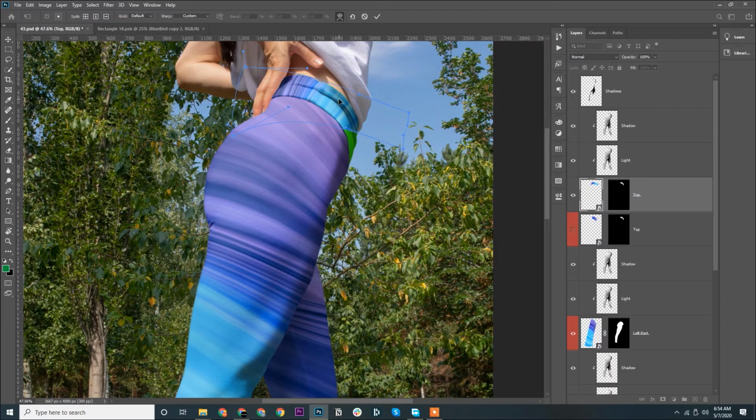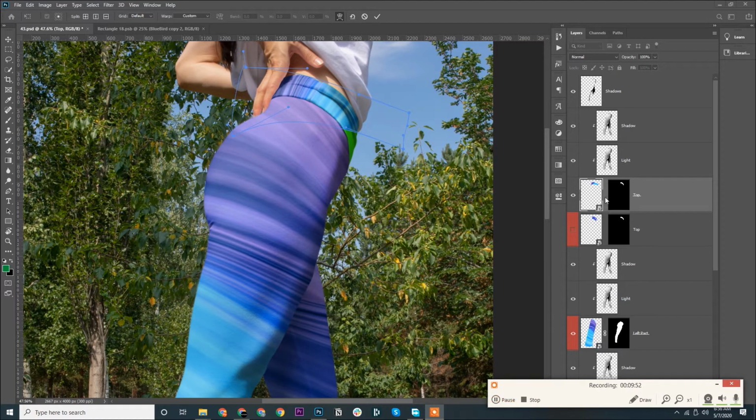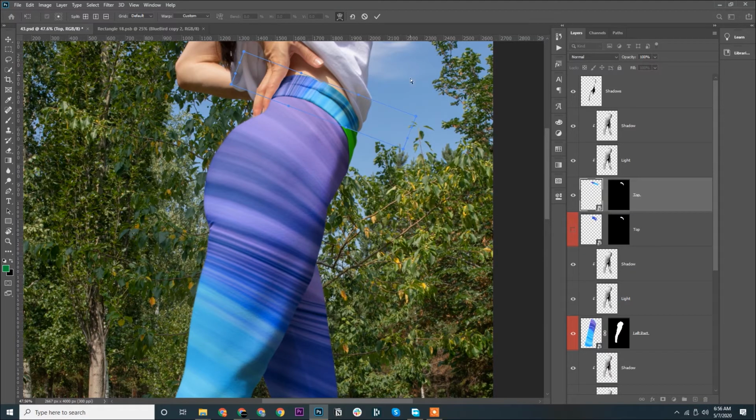Just give me a moment. I'll pause the video and we'll try to remove the warp effect that was already in the smart object layer. Then we are going to proceed from there. Okay, reset, I guess. Yeah, so when we press Ctrl T on this layer, we have a warp, and we have a reset tool. Let us reset and see. There we go. I took that pause just to find how to reset.